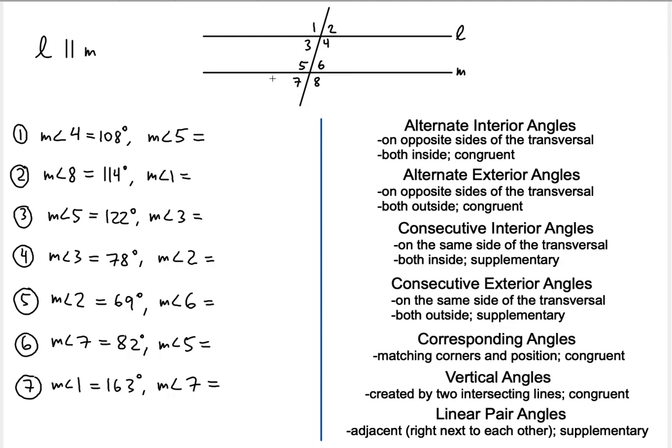2 and 7 are outside of these parallel lines, and 1 and 8 are also outside of these two lines, L and M. So these are the first two theorems. Now the next one is